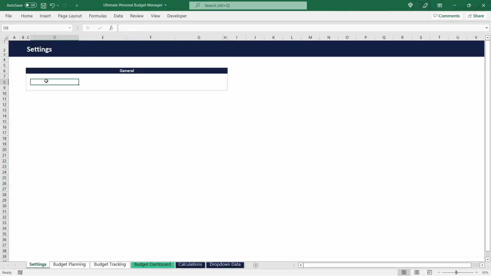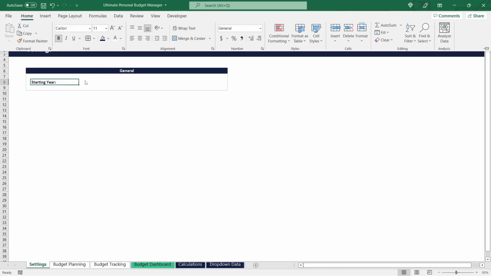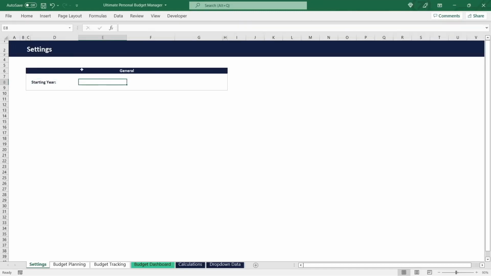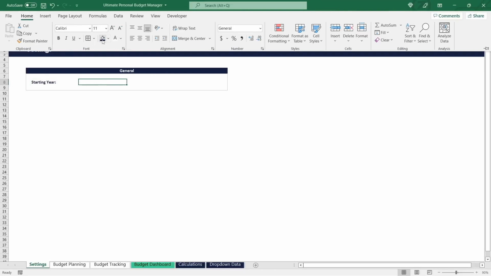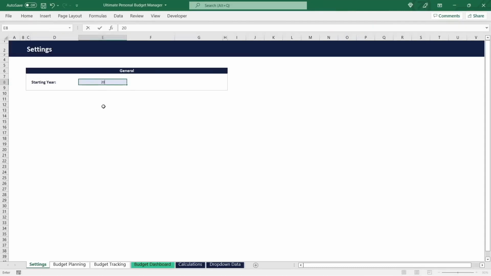The label of our only input field here will be starting year, and we set it to bold. And for the input field itself, we set the fill color to this light blue, reduce the font size, and align the text to the middle and center. Let's enter 2022 as the value for our budget starting year and make this field's value globally accessible through the name